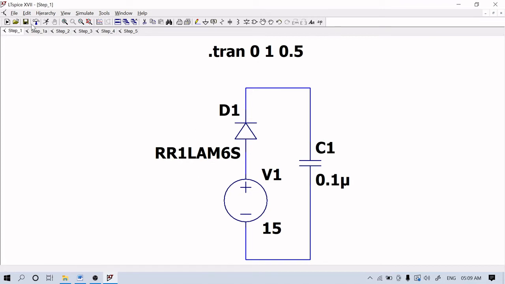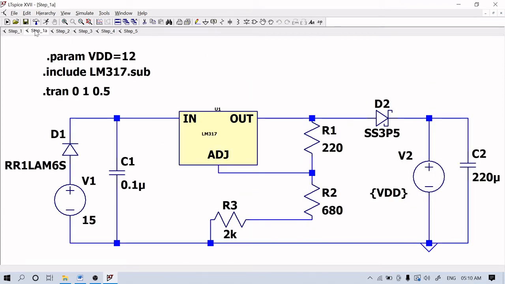Okay, so now we'll go for step 1. Here what I have done is I have connected the regulator, right? The regulator's first pin, second pin, and third pin. This is the adjustable part. Based on this, in reality we have a variable resistor, but here I have connected a fixed amount of resistor. From this part only we will be getting the output from the regulator. The output of the regulator is passed to this Schottky diode. Okay, the Schottky diode output